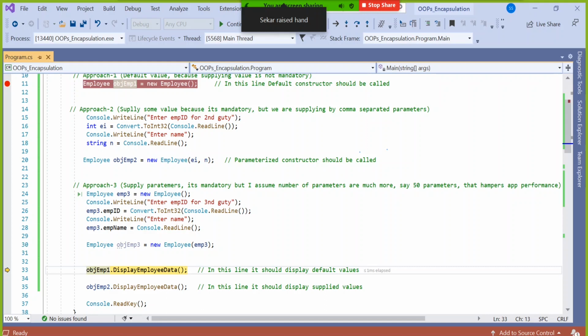Correct. You are right. So for that we have property. Okay. So right after this, I'm going to teach you property. So that will solve your problem. It will even provide you security, what you are concerned about, and all these good things. So you need not make your variable public. You can still keep it as private only, but you can do these things. So there is something called property. We'll go to that.